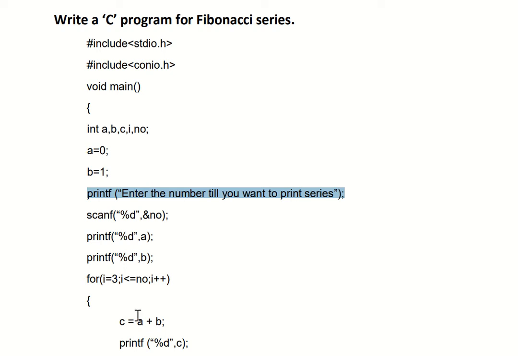So let's say for example here you have entered 5, which means you want first 5 numbers of Fibonacci series, and for that we have used scanf, that is %d and ampersand and o. So that number will get stored in this variable. Now first of all, we are printing these two numbers, that is printf a and printf b, as it is only, that is 0 and 1. So obviously out of that 5, the two numbers for sure is nothing but 0 and 1. Now what about remaining three numbers? So now how to find remaining three numbers?